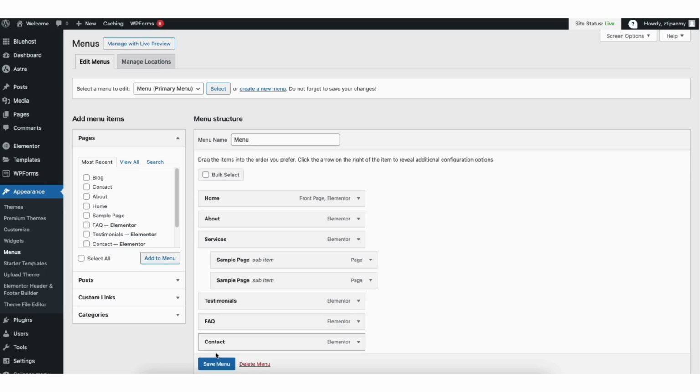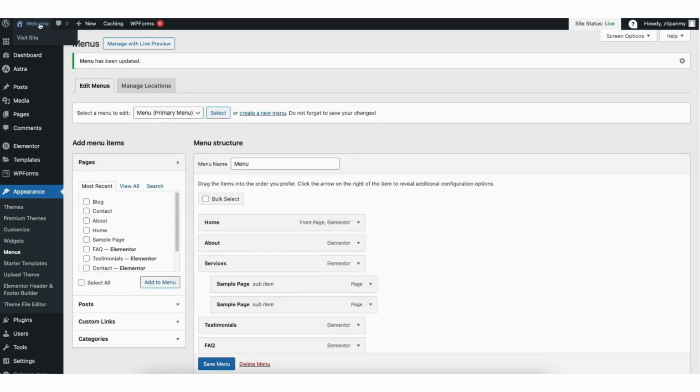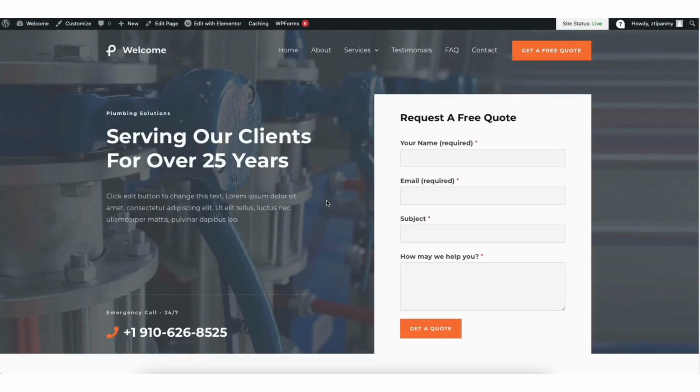I'll click Save Menu. It'll now pull up the view of my site, and you'll now see the sub-menu items showing in the menu under Services. You'll notice it doesn't show and it's just white. Here's what to do when this happens. Up at the top, click the